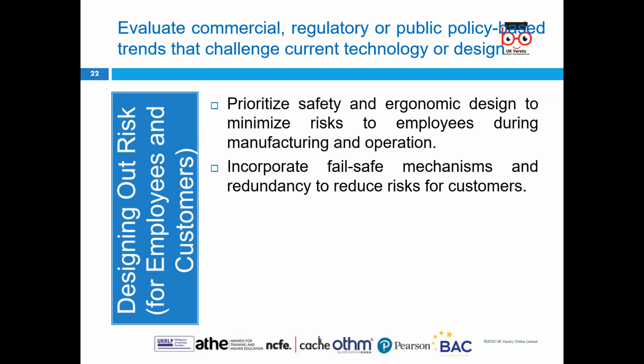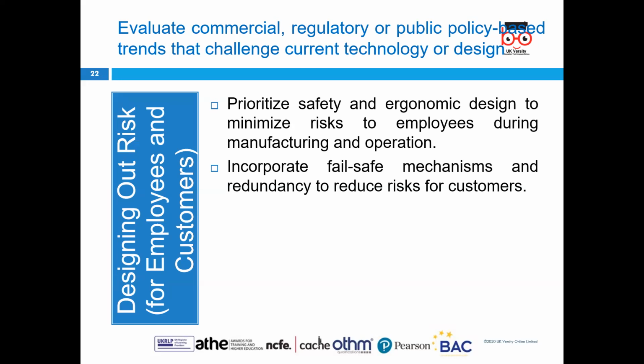Then the next idea is designing out risks for employees and customers. So we had discussed this in the last learning outcome also. So safety needs to be prioritized, and ergonomic design needs to be prioritized to minimize the risks to employees during manufacturing and operation. For example, robots can be used in warehouses for transferring goods from one place to another, or for